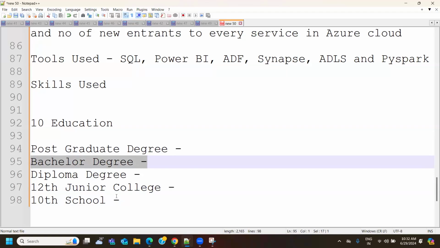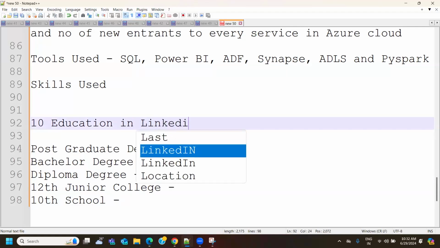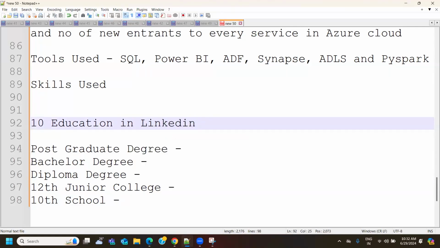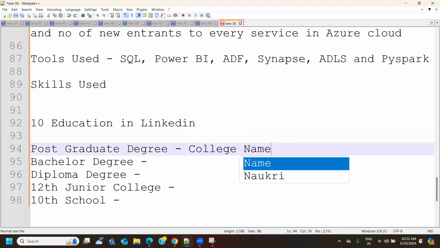This is not recommended. And how do you mention this education? See, while mentioning your postgraduate degree, you need to mention the college name. If your college name is not available, go with the university name.